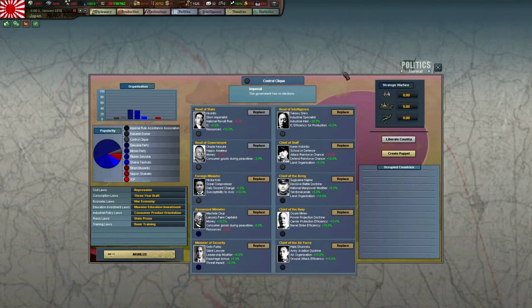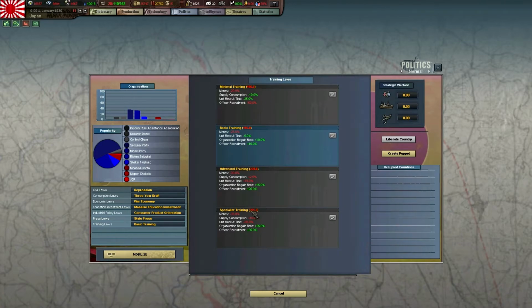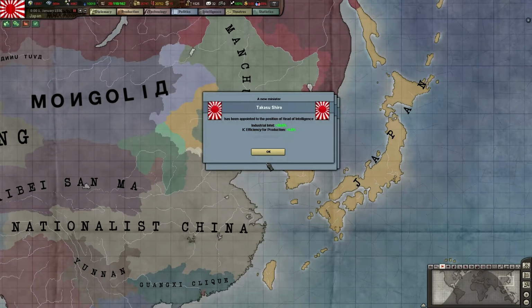Okay. Alright, this is our cabinet. Control cliche, and there we go. Here's our Emperor, Hirohito. And our laws seem to be alright. The only 2 laws we can change are mixed industry and specialist training, which require a lot of money. Specialist training requires 261 money, and